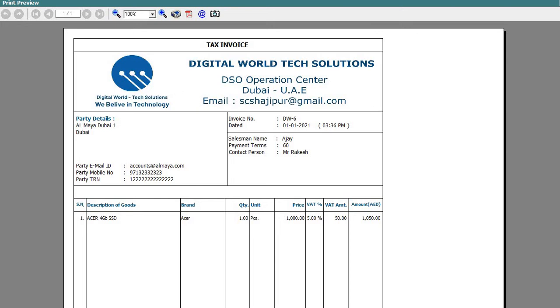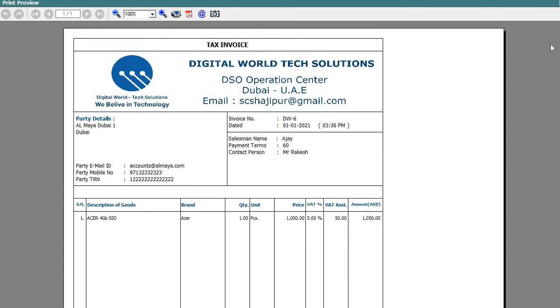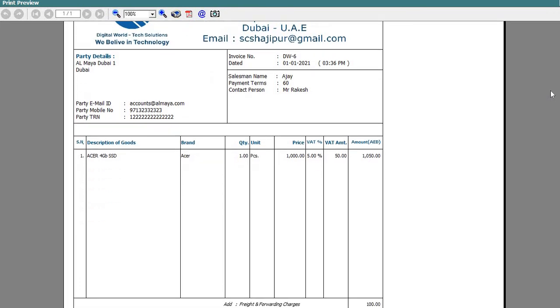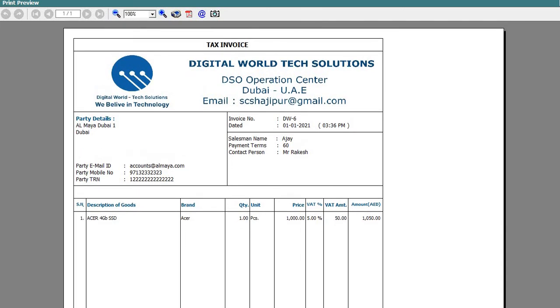So if you want to use this invoice format, you can ask me in the comment box as well. You can see how it looks, how it's a fresh look, how the color is coming to this invoice format, right? How the sales details are coming there, how the payment terms are coming there, then the contact person details are coming here. So guys, you can use this invoice format, but before giving this invoice format, I would